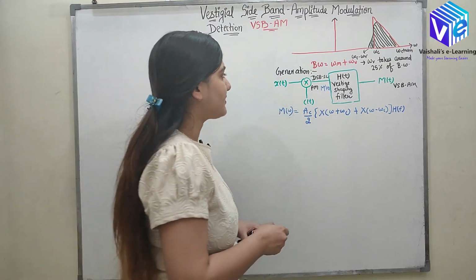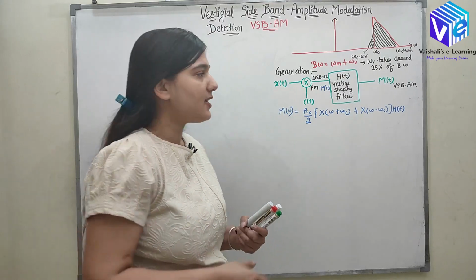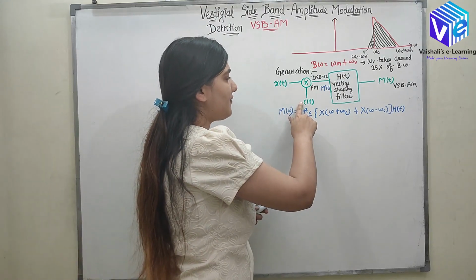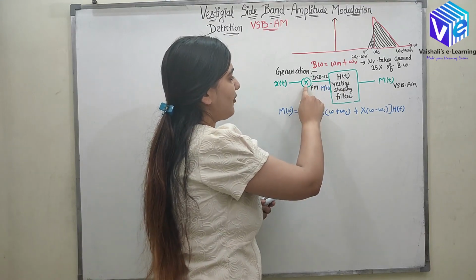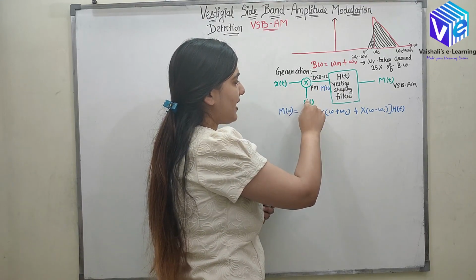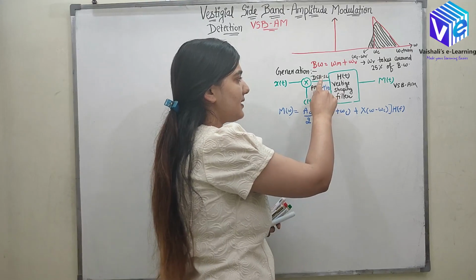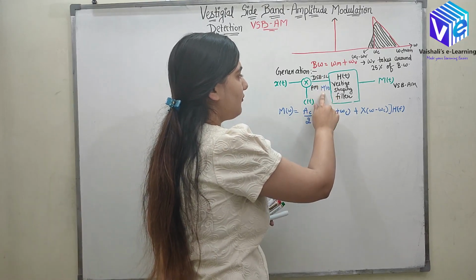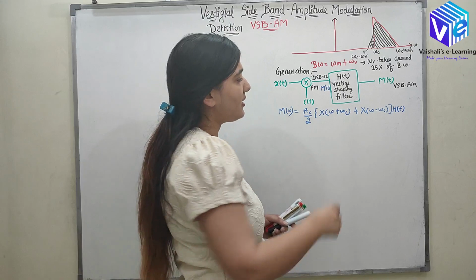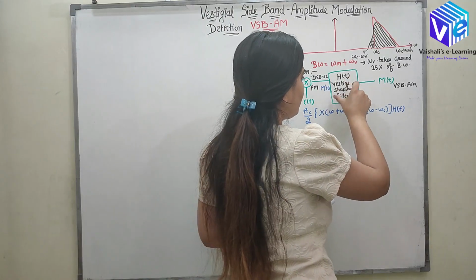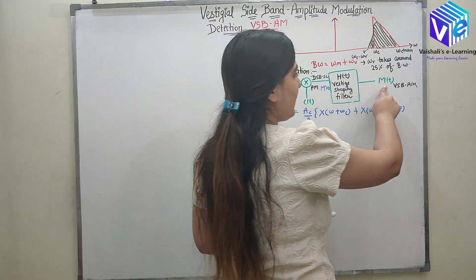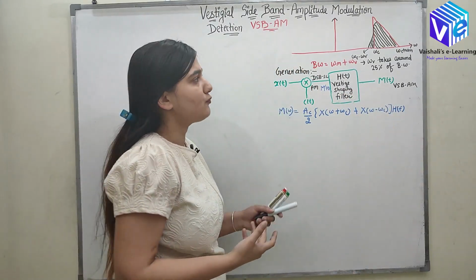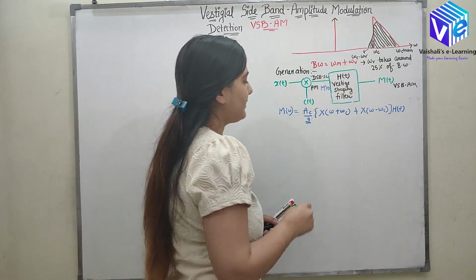We have already discussed the generation of VSB. Here x(t) was multiplied with c(t) and I get double sideband suppressed carrier. With the help of the product modulator, I multiply x(t) c(t), and the double sideband suppressed carrier output is represented by m'(t). Now it is passed to a filter called the vestige shaping filter, and at the output I get the vestigial sideband amplitude modulation, which was represented like this.